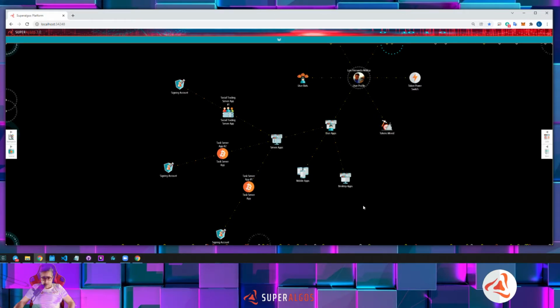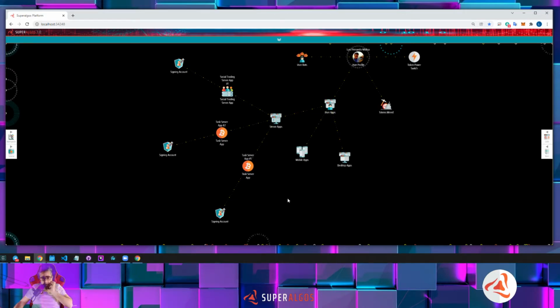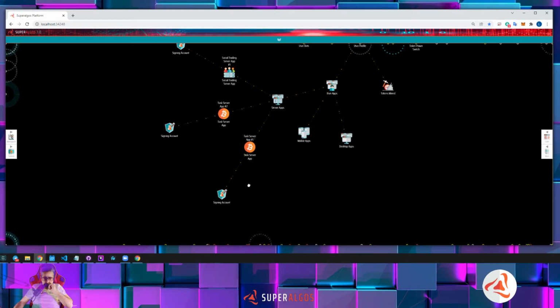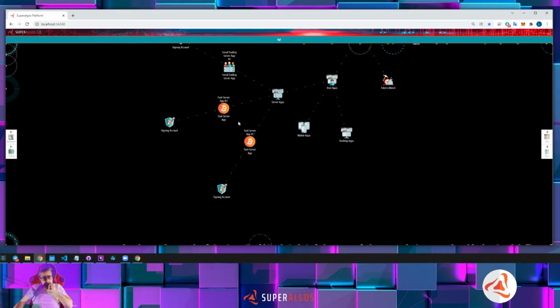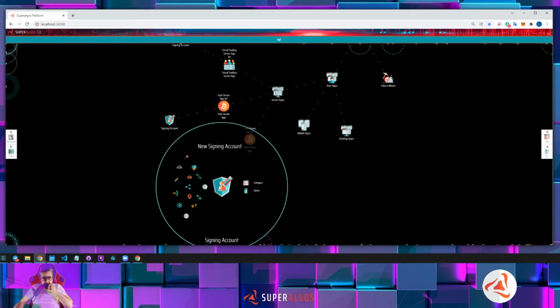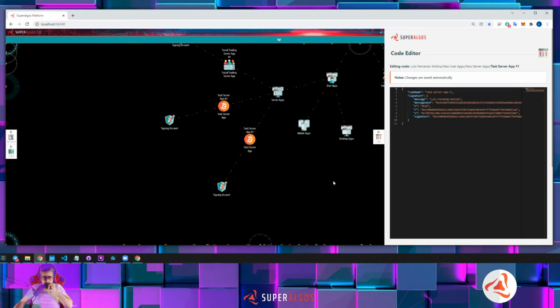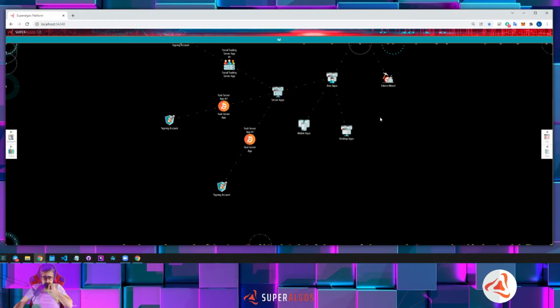Okay, all these applications here, we are explicitly defining them because we need them to run with a certain identity. Remember that to send messages through the network, every message needs to be cryptographically signed. So that means that each application accessing the network needs to have a signing account. I will probably explain this in another video in detail, but what this means is that